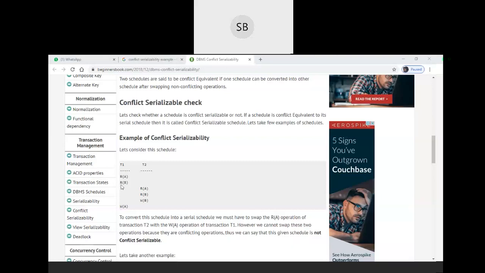For example, you have this R of A. You have to check whether any write of A is there in transaction T2 or not. If there is no such operation, that means it is not conflicting. Now check the next operation. It is R of B. In this R of B, you need to check in transaction T2 if there is any conflicting pair or not. So yes, there is a conflicting pair, because W of B is there. After that, we have to represent it in terms of